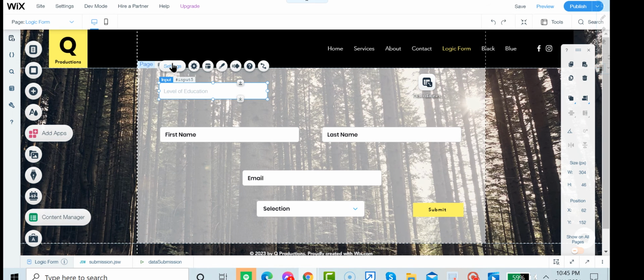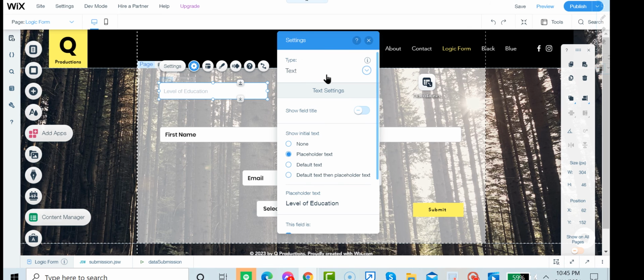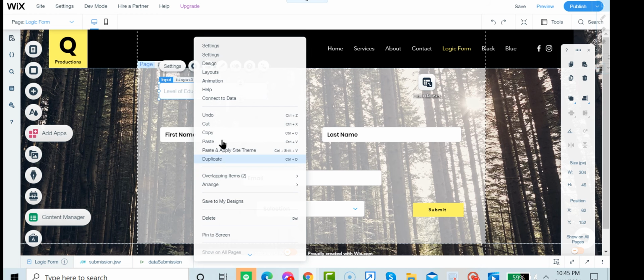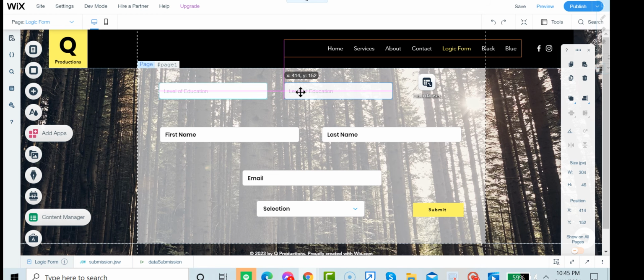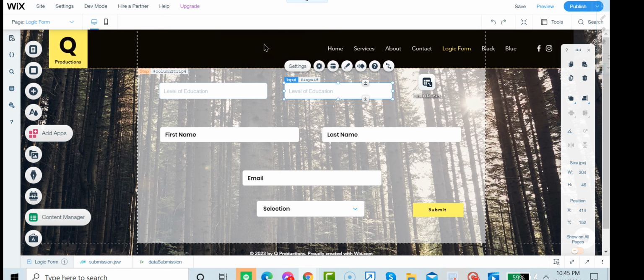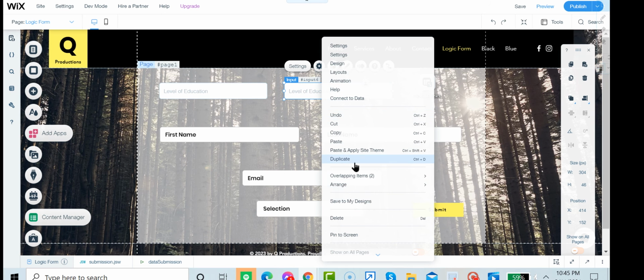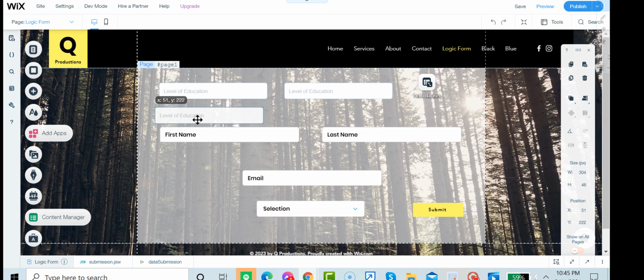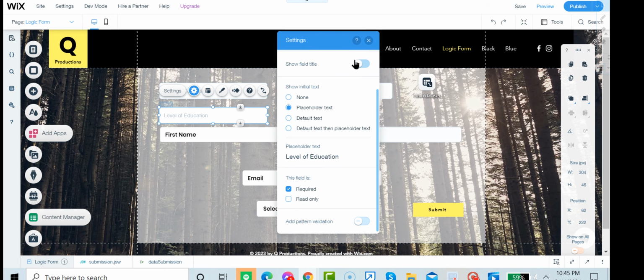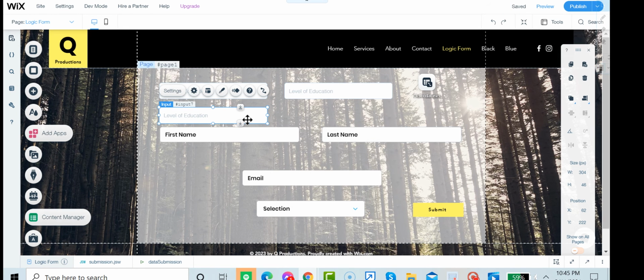First I did one for first name. To do that, I set the type to text. Then I also did one for last name, and I set the type to text also. I made those two required. And then I did one for email, for which I did not set the type to text. I set the type to email. And also another one,